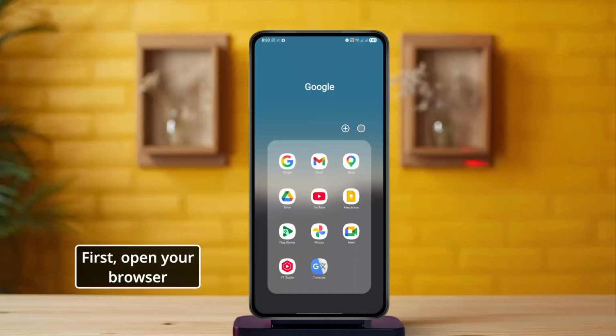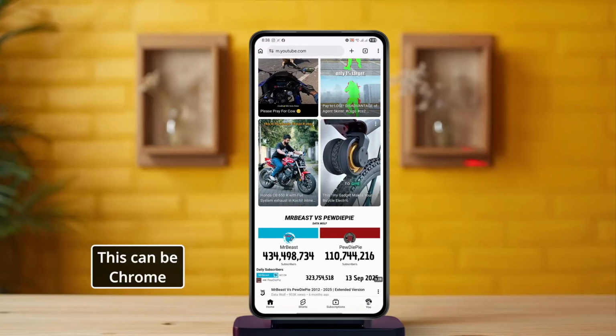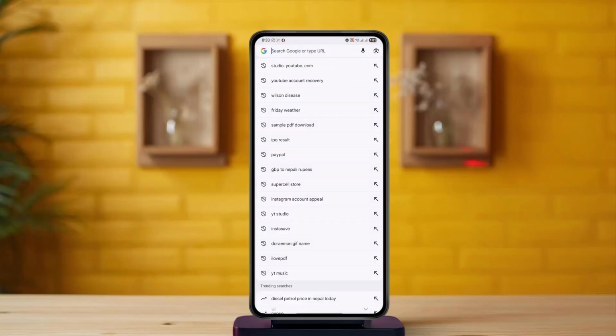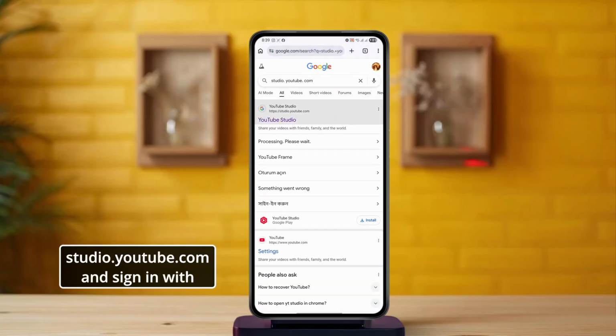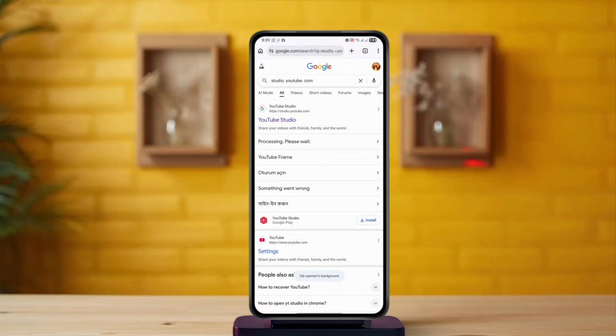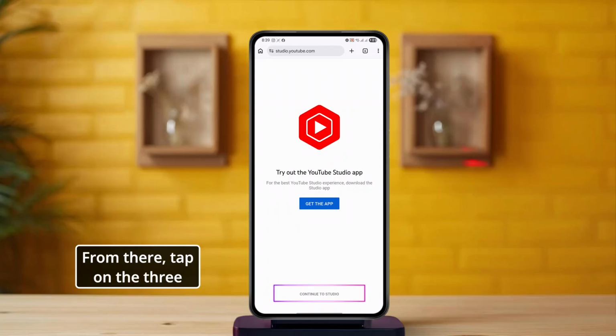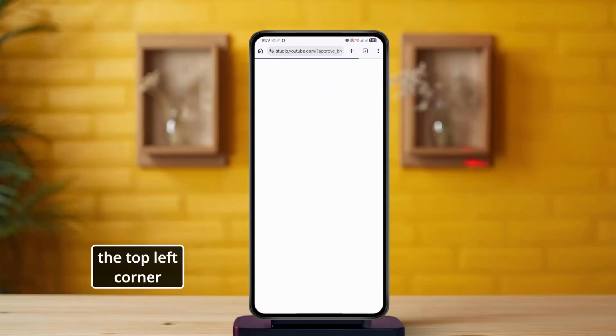First, open your browser on your Android device. This can be Chrome or Samsung Internet. After that, go to studio.youtube.com and sign in with your Google account. From there, tap on the three horizontal lines at the top left corner to open the menu and tap on